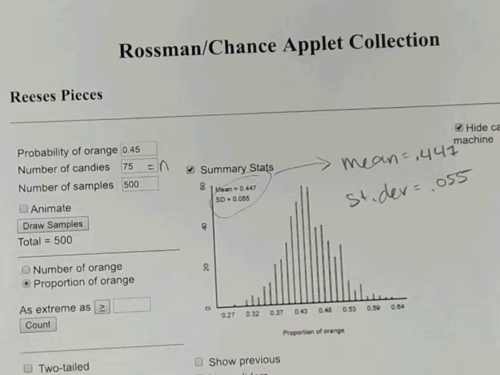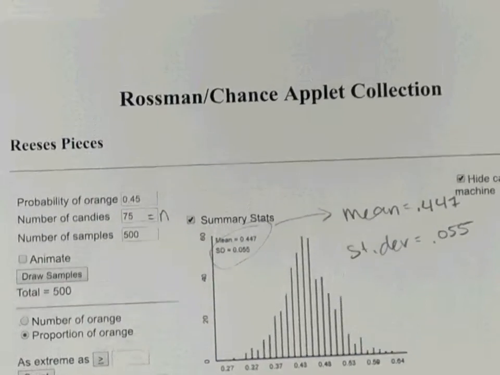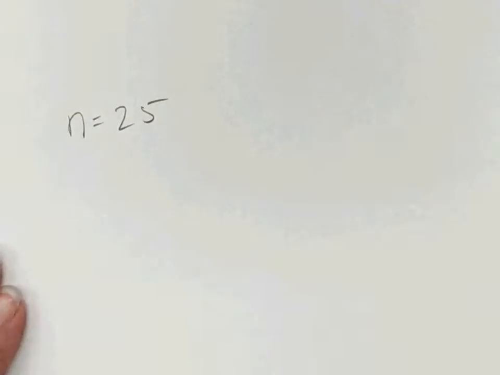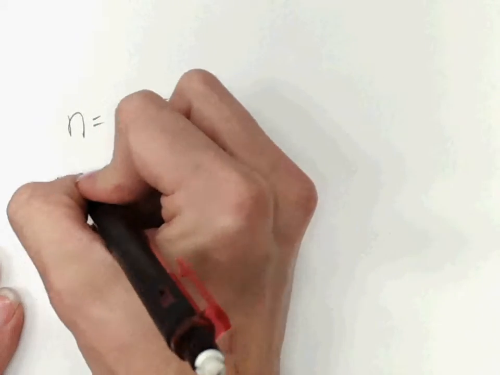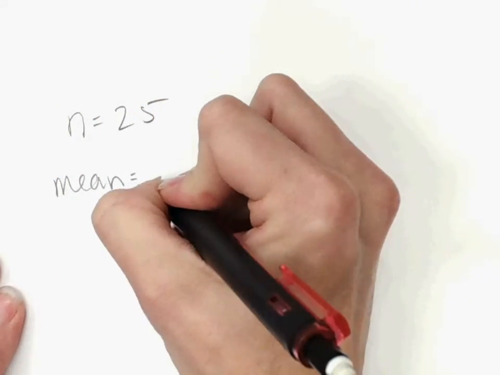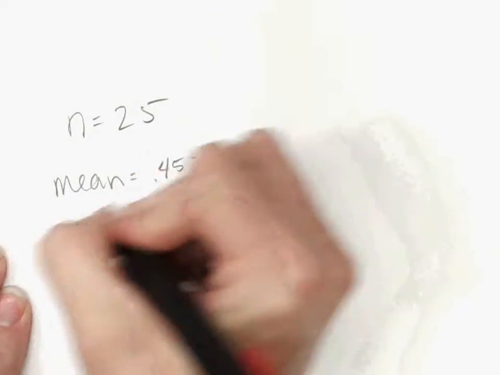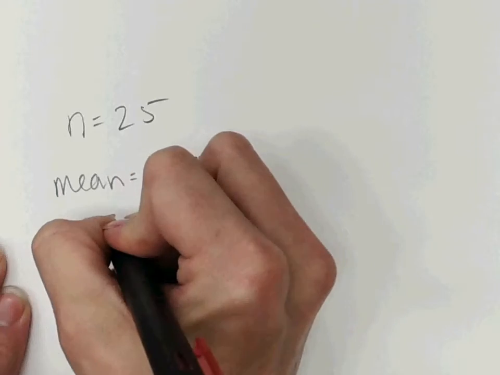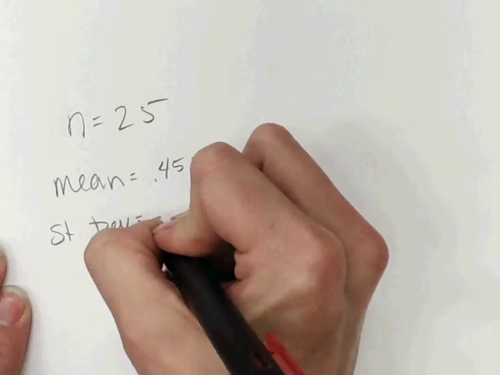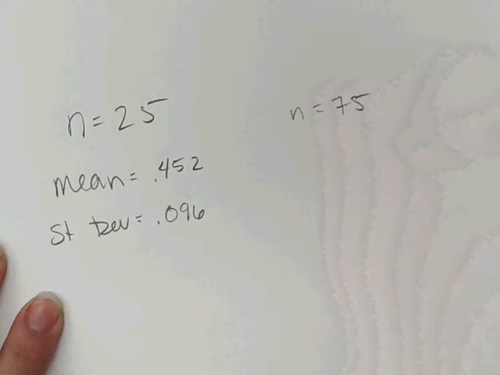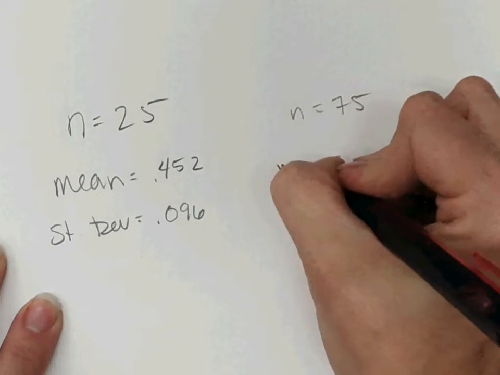So how did that change from the previous one? I'm going to set these to the side, and I'm going to write down both of these together so that you can really see what they are. When our sample size was 25, our mean was 0.452, and our standard deviation was 0.096. When our sample size was 75, the mean was then